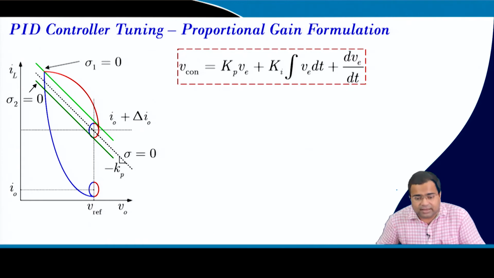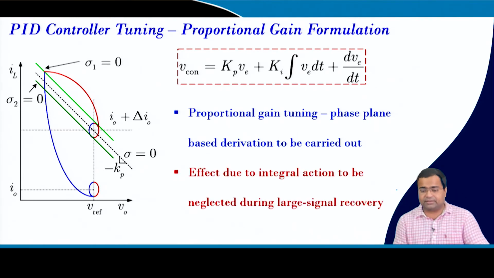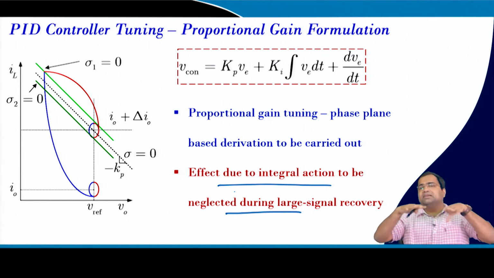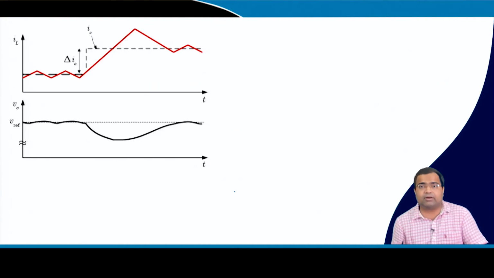and we will see a simulation case study. Now, we have to find the proportional gain, and I told you the proportional gain needs to be found using the large signal model, where you need to incorporate the ripple information, and that we are doing using phase plane geometry. During the phase plane analysis, we will not take the effect due to the integral, because this effect primarily comes near steady state. So, in large signal recovery, it is the proportional gain which shapes the trajectory. So, we will ignore the effect, but it will create an offset, because it will ensure that the steady state output voltage is regulated.